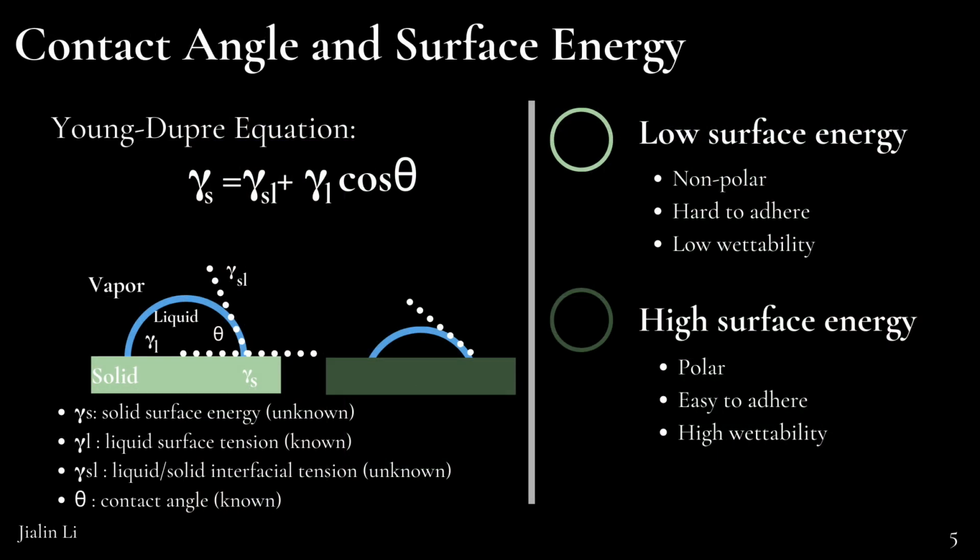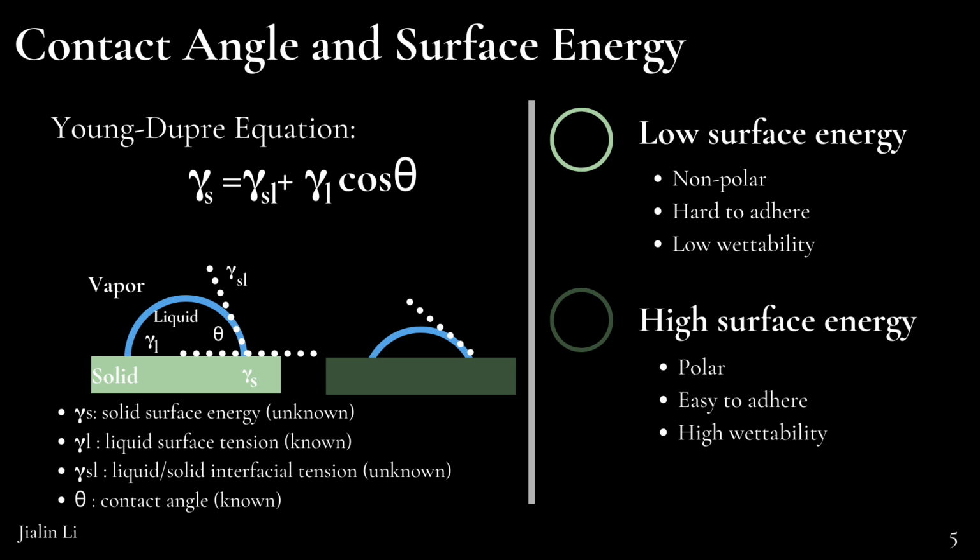For our study, we focus on one important bulk material property of Tholin, the surface energy. Surface energy is the free energy change when the surface area of a medium is increased by unit area. In other words, it's the energy needed to create a new surface or break one surface into two. It's usually denoted by gamma. It's an important property of any material because it determines how adhesive and wettable it is, therefore affecting the interactions